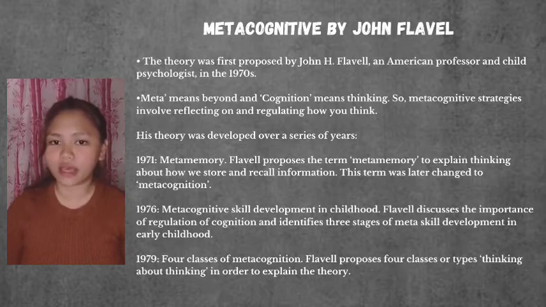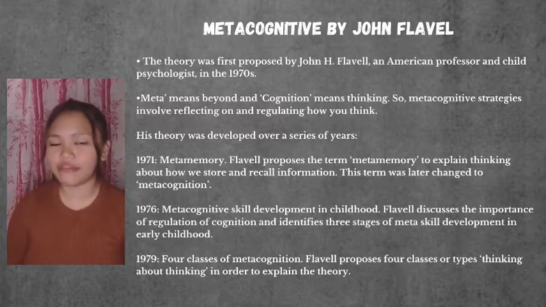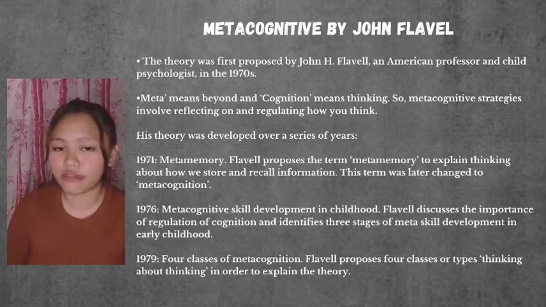In 1976, developing metacognitive skills in childhood, Flavell identified 3 stages of metacognition in early childhood. Stage 1 is storage, stage 2 recall, stage 3 systematic strategies. In 1979, Flavell proposed 4 different classes of metacognition. These categories act as a framework for thinking about the theory. So the 4 classes of metacognition are: first, metacognitive knowledge; second, metacognitive experiences; third, tasks or goals; and